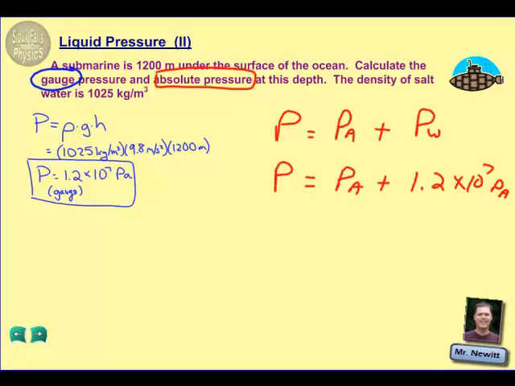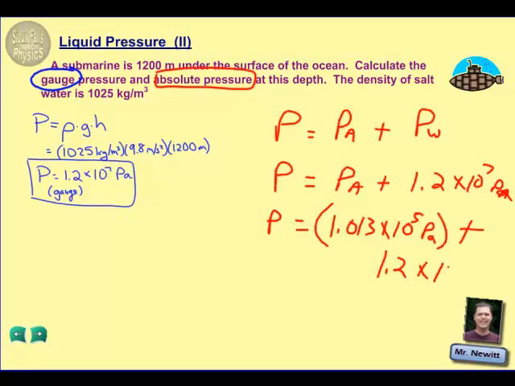Okay. We need to figure out what the atmospheric pressure is. Well, that's just a given value at 1.013 times 10 to the 5th pascals, and so I will add that to 1.2 times 10 to the 7th